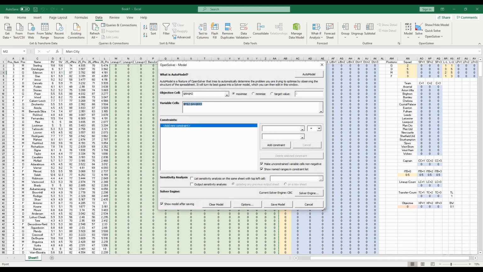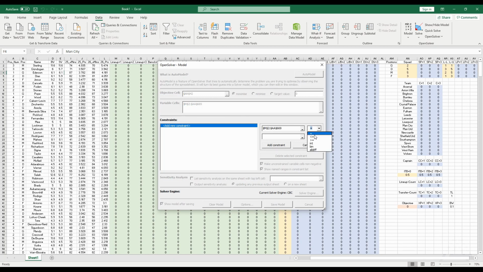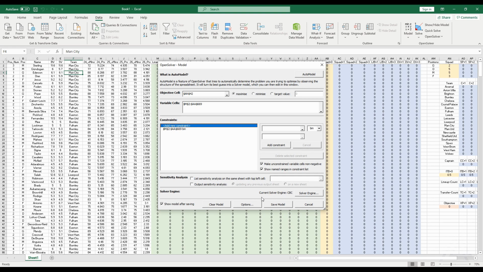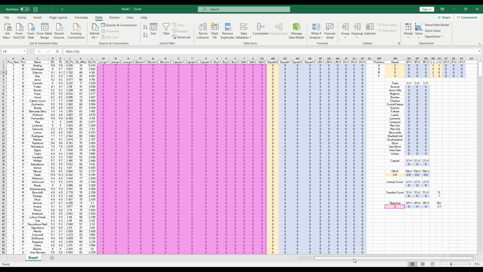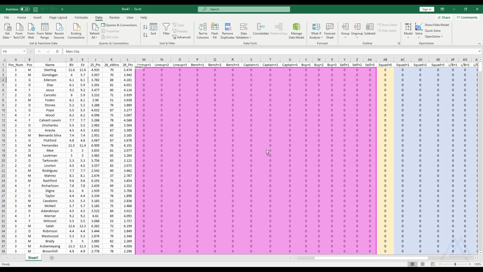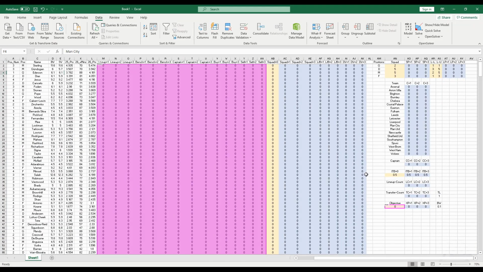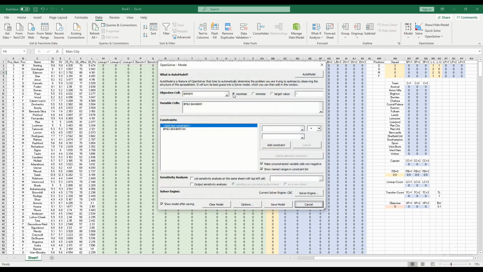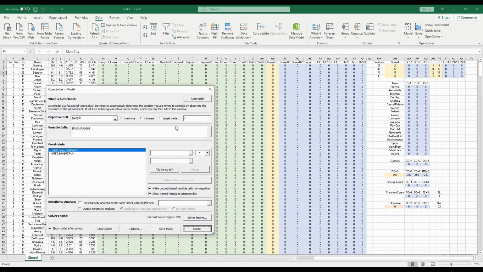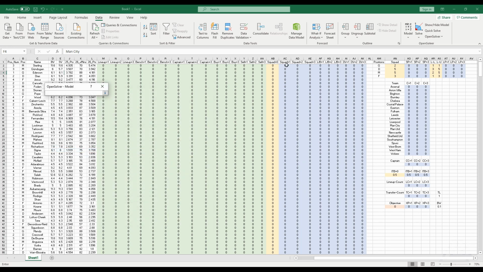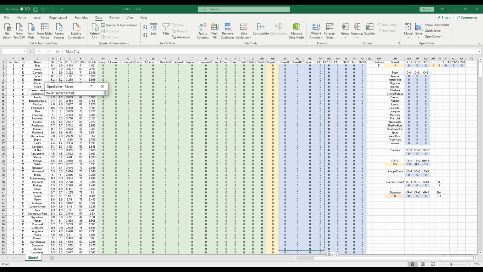And under model I will be copying these names here, and I will be saying these are binary values, and then when I save, as you see, it will put the binary flag here, so the optimization knows that these values are binary now. So the next thing we are gonna do is we want these squad values to be either 0 or 1. Actually, it goes for all these fields until here, so I will be just choosing these and then all the way to the bottom,